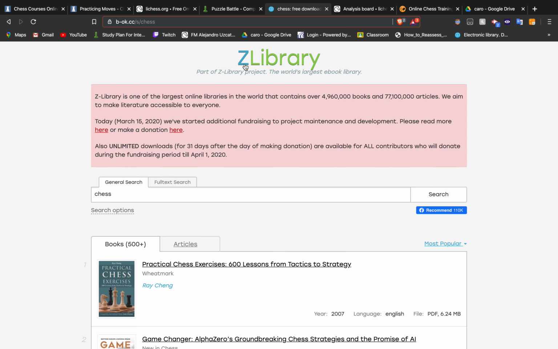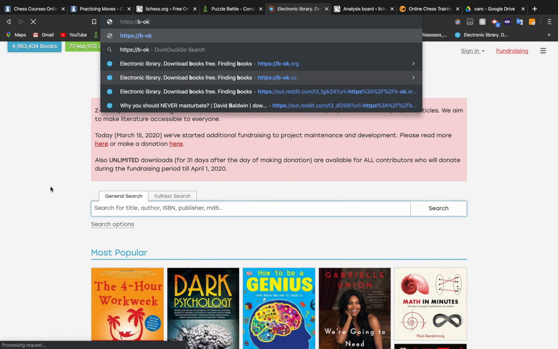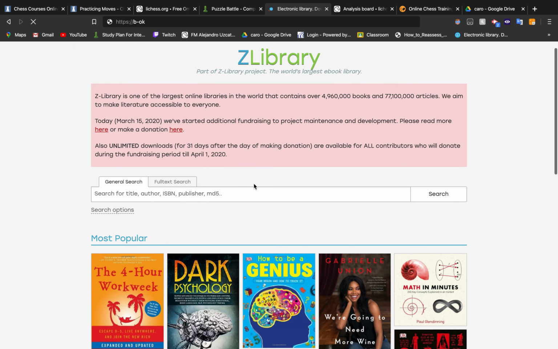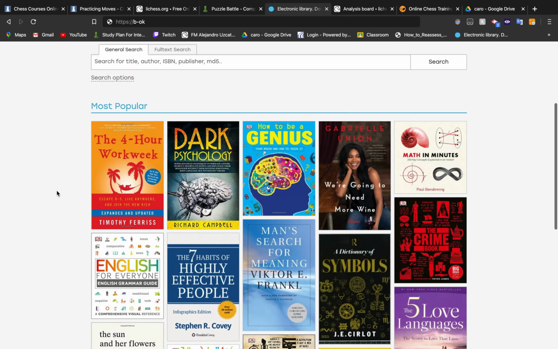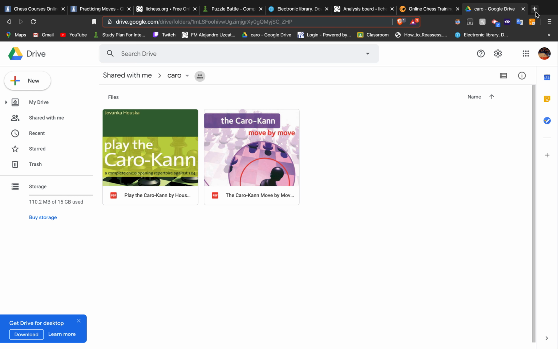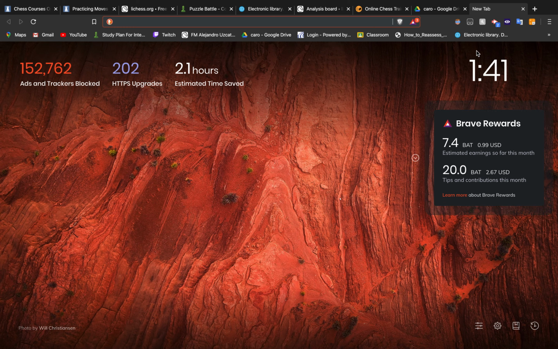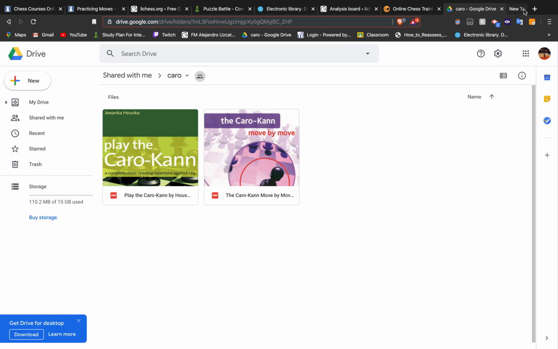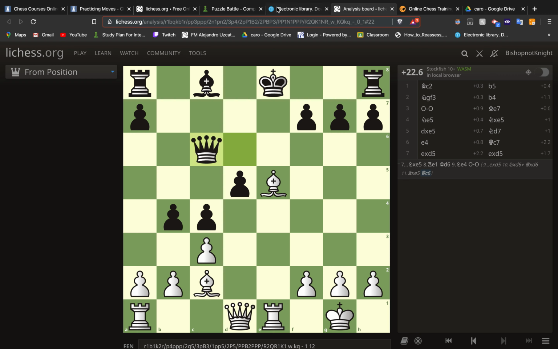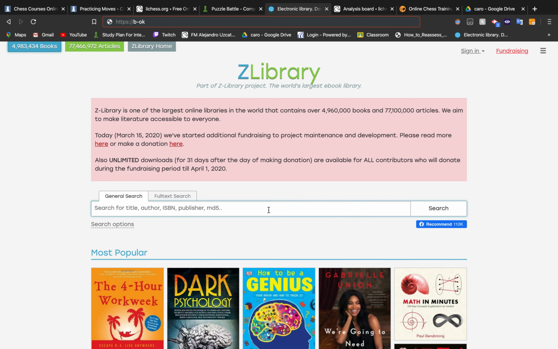We have Z Library, which in itself is not a chess resource. I believe it is just an ebook library, but the thing that I found so wonderful about this is that right now with the whole virus situation and everything, it's hard to just go out into a bookstore and buy a book. I think Amazon is also having delayed deliveries. So something that I found extremely useful, even if sometimes you can't afford books, is